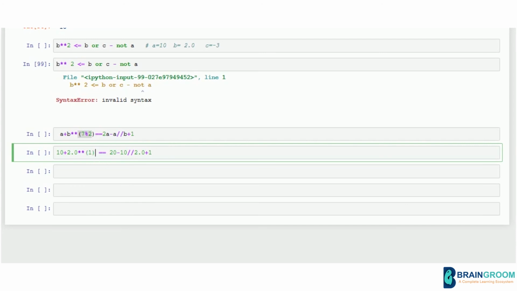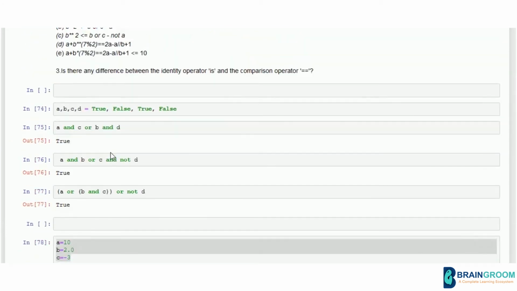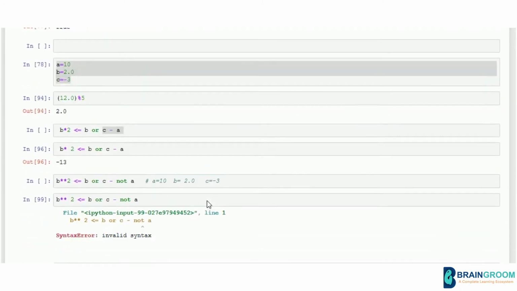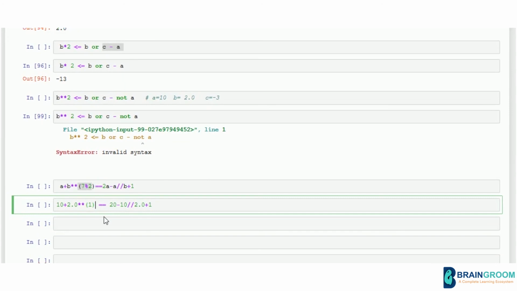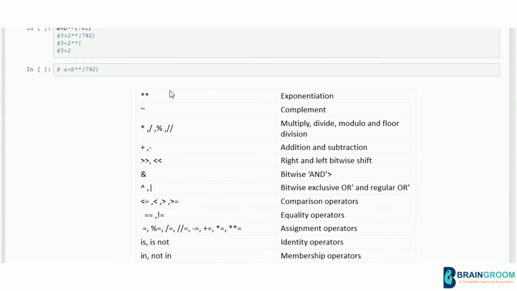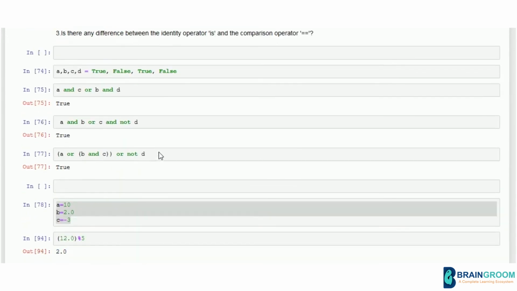So when you substitute your variables with your numerical values, this is the expression you get. And among this, you have arithmetic and comparison. Your arithmetic takes precedence over your comparison. So you need to evaluate the arithmetics first and leave the comparison for the last. In arithmetics, first is the exponentiation, then the integer division, after that your additions and subtractions, right?